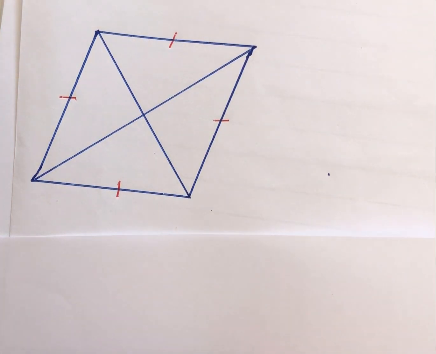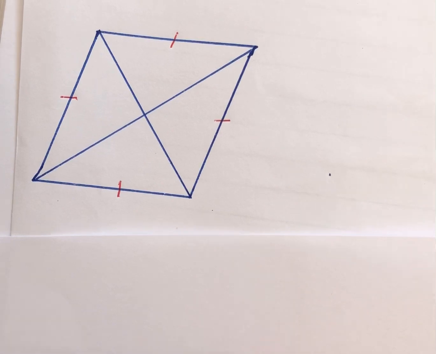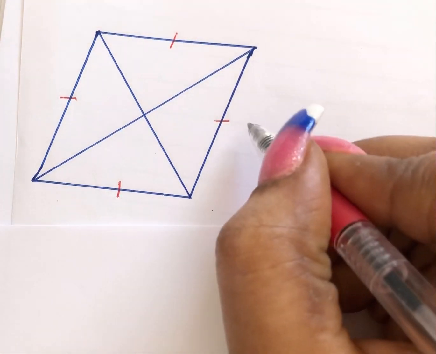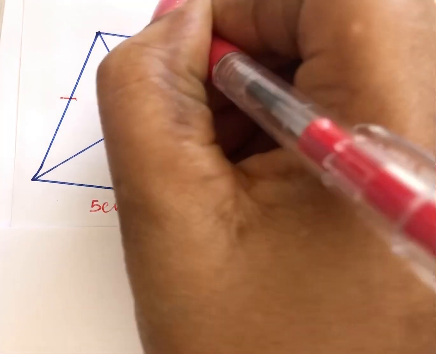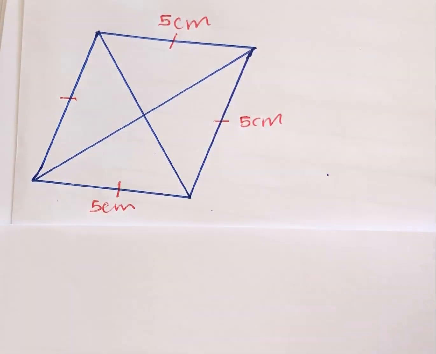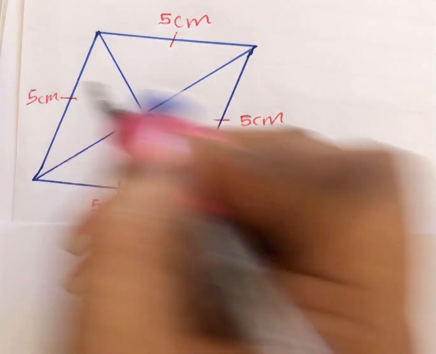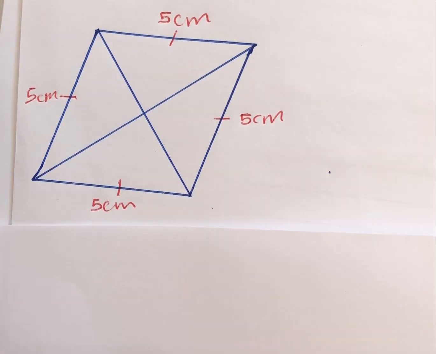All 4 sides of this particular quadrilateral are equal. So if one of them is 5, all of them must say 5. Whatever the unit might be, all of them must say the same unit. Good. Another thing I can tell you,